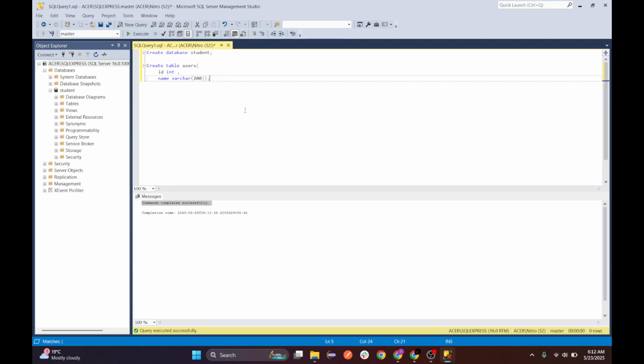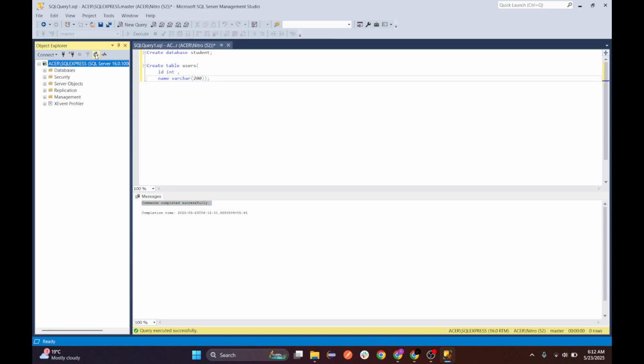Just this much. Then we will select this, then execute. Our command is successful. Then we'll refresh it once, then see if the users table is created under our